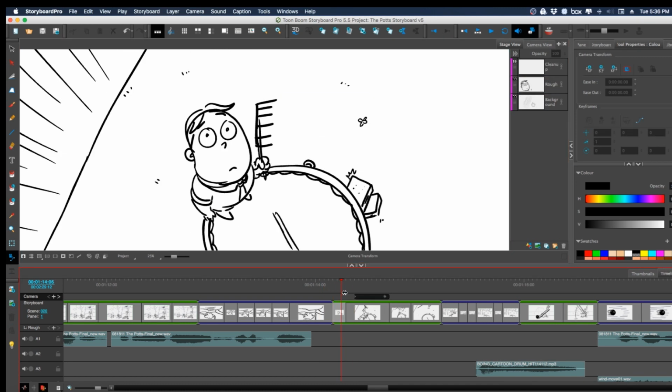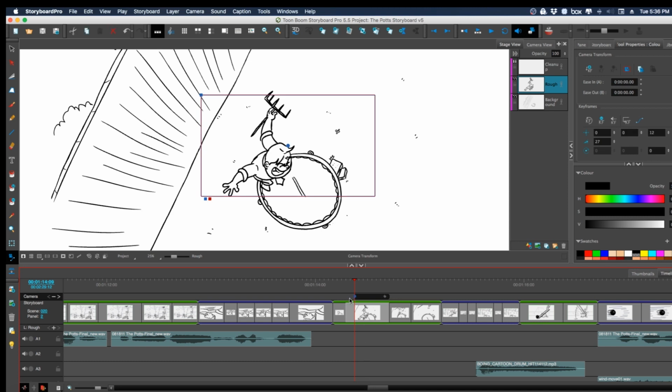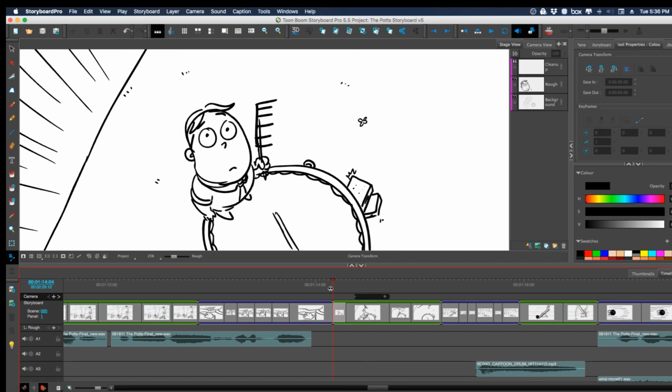So what I'm going to do is I have my keyframe here. This is my beginning keyframe. This is my end keyframe. I want it to truck in. So now I'm going to select the red box. I can either do that by hitting the little squares here, or I can select the keyframe itself. So I'm going to truck in on the scene, and it's going to go